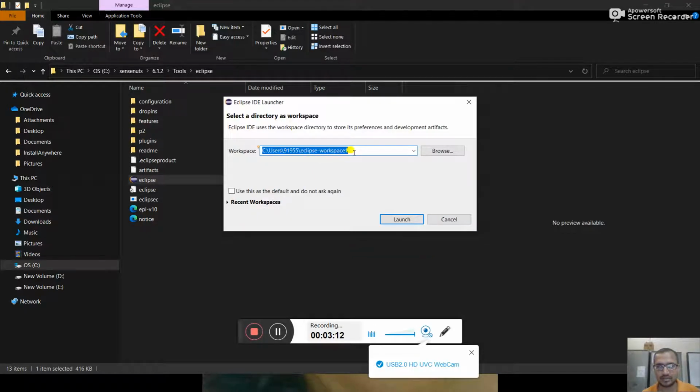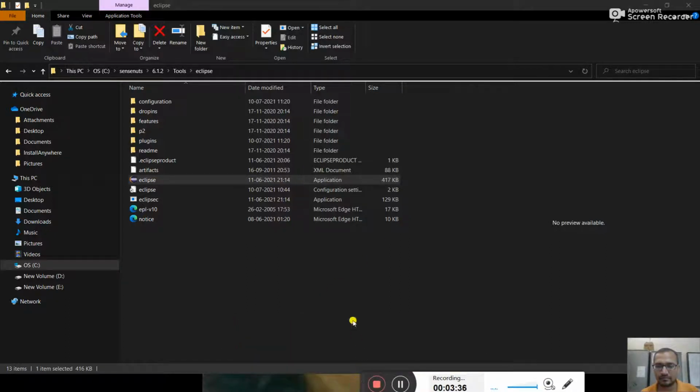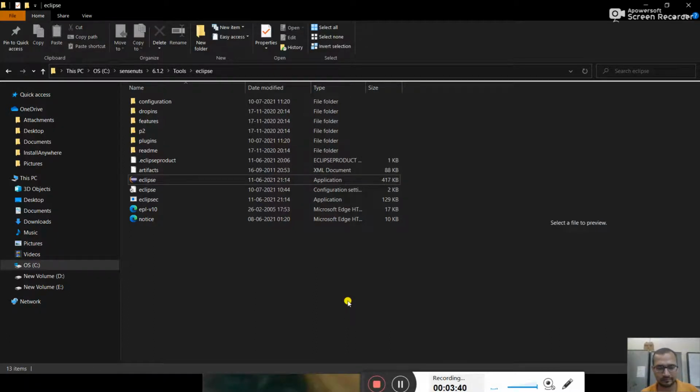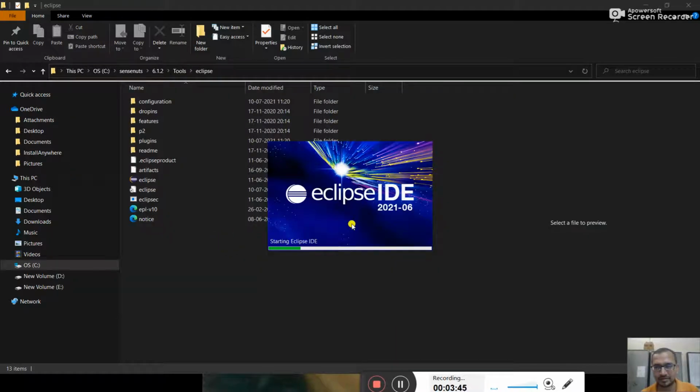Now it is asking about the workspace. What should your workspace be? I am putting 2 so that I can start from scratch. You can also put your name as the name of the workspace over here. Now it's starting.